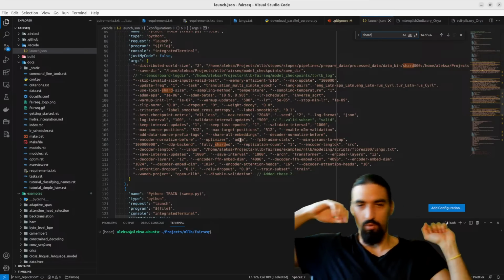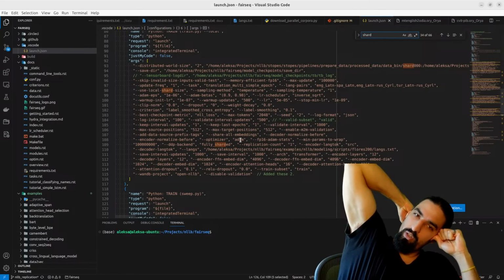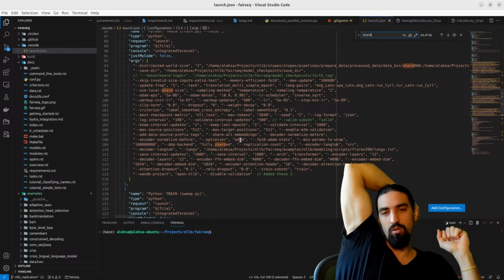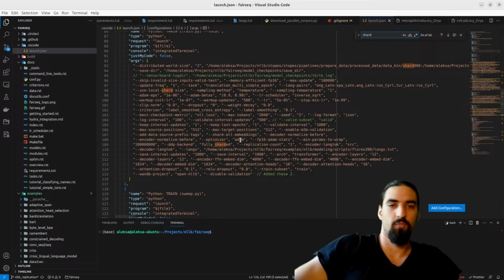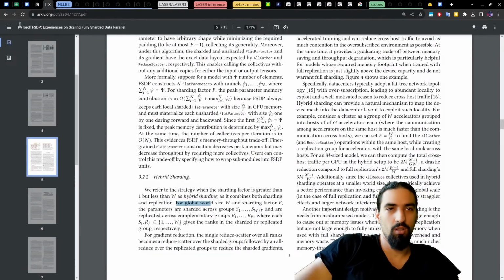So according to the terminology from this paper, that would mean we have DDP, data parallelism degree of 1. Replication count 1. It will be worth understanding what this use local shard size is. Let's check what this parameter is.